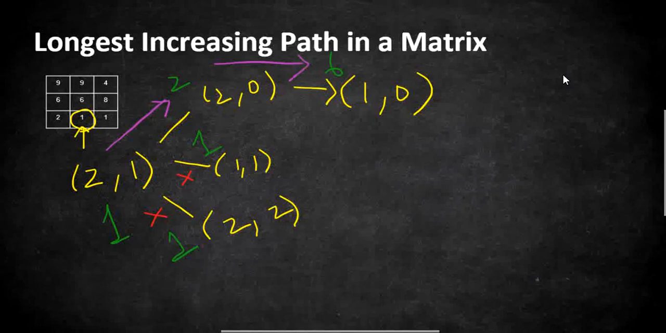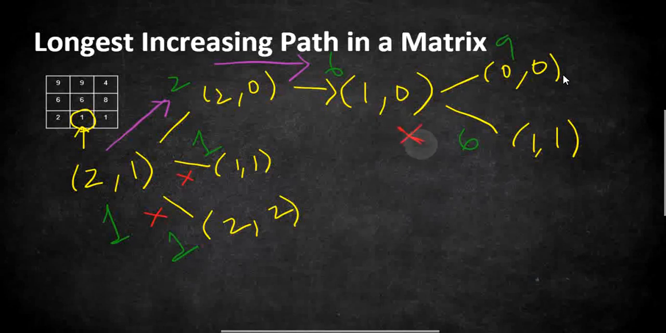So we are further going to explore the path from 1 comma 0. From 1 comma 0 we can go to two other cells, that is 0 comma 0 and 1 comma 1, and the values are going to be 6 and 9. If you see from 6 to 6 it is not increasing, so the path terminates here. And if you check from 6 to 9 it is increasing, so we are going to further explore the path